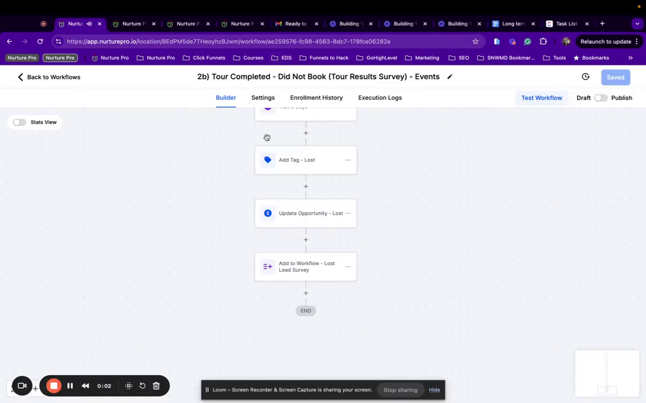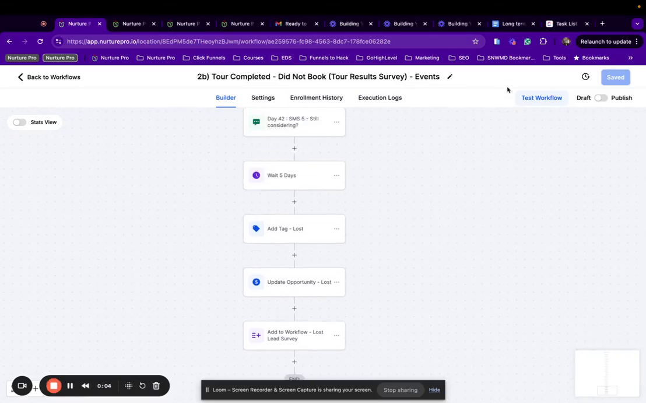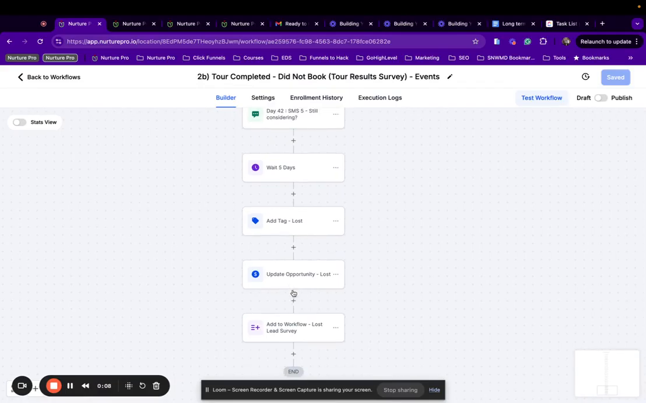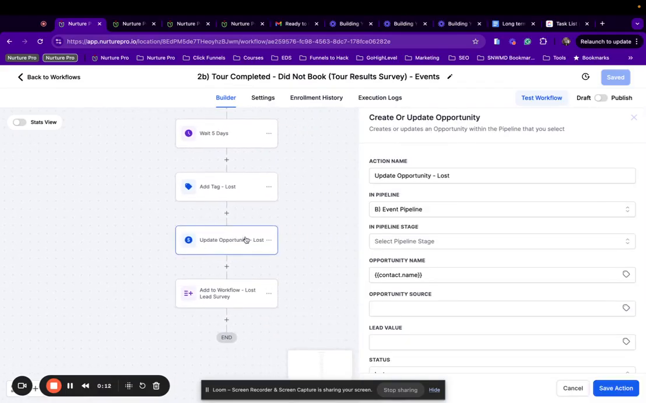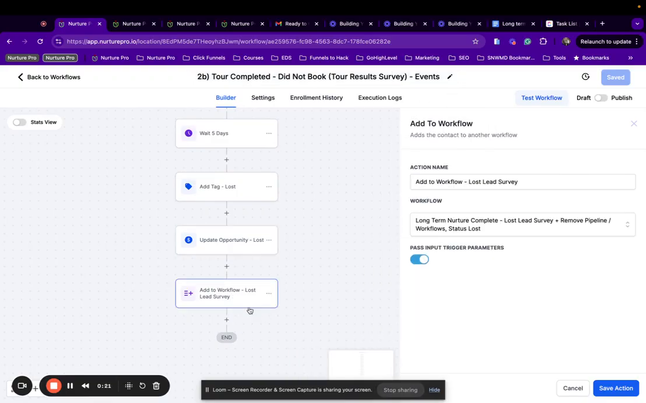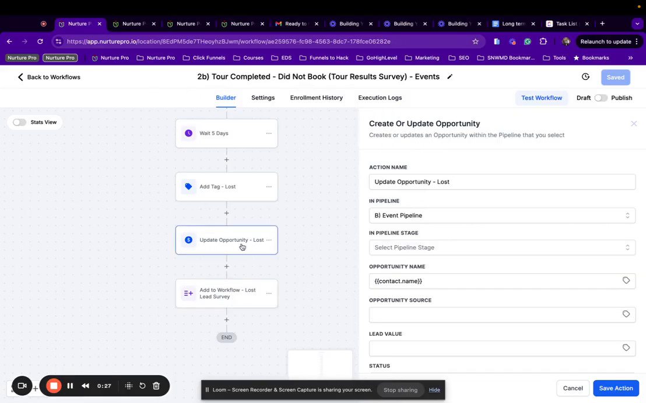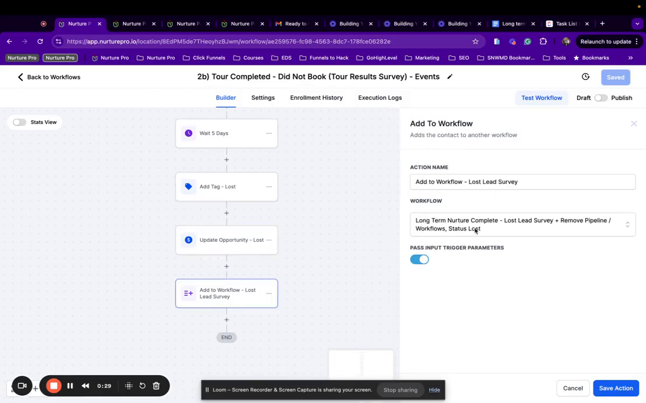So we are in the tour completed did not book workflow for events, and we are going to also want to update this opportunity to lost. We have decided to move this stage into the tour completed did not book events into the individual workflows instead of having them in the lost nurture survey to accommodate for having multiple types of events. So that way we can still keep the pipeline straight and then send them all to the lost lead survey